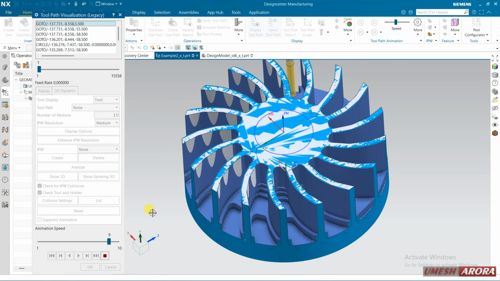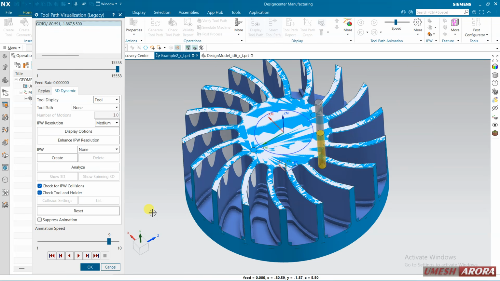We can use one more strategy to machine this part. We have a circular pattern geometry, so we can create only for one blade or one pocket, and the rest we will pattern. So that may be another strategy, right?